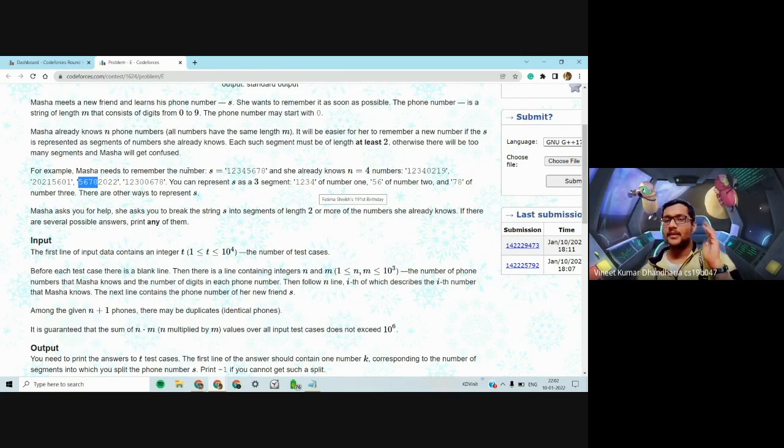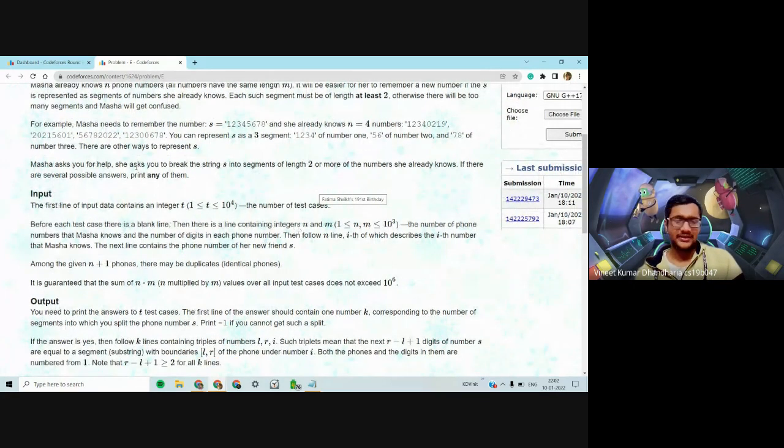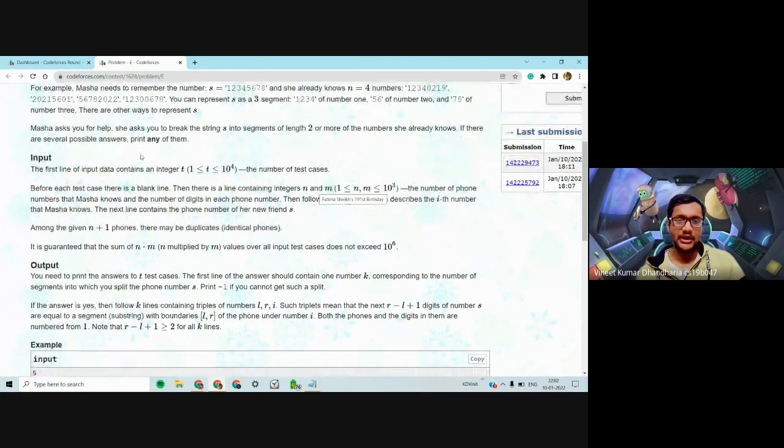So the thing is, we can get the new phone number S in this particular example with some segments of the previous numbers, and each segment that we take should be of length at least 2. That thing should be ensured. There are other ways to represent S as well in this problem. What we want to do is, given the n numbers of length m each and another new number S of length m again, to know if it's possible to make this new number using just the segments of the previous numbers.